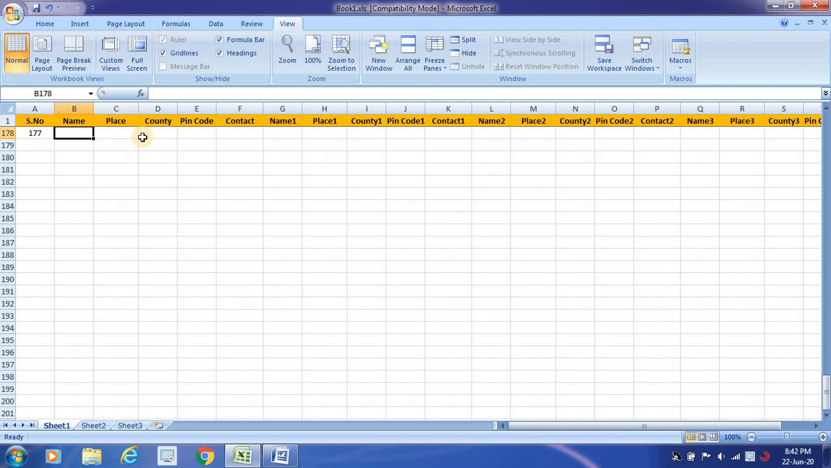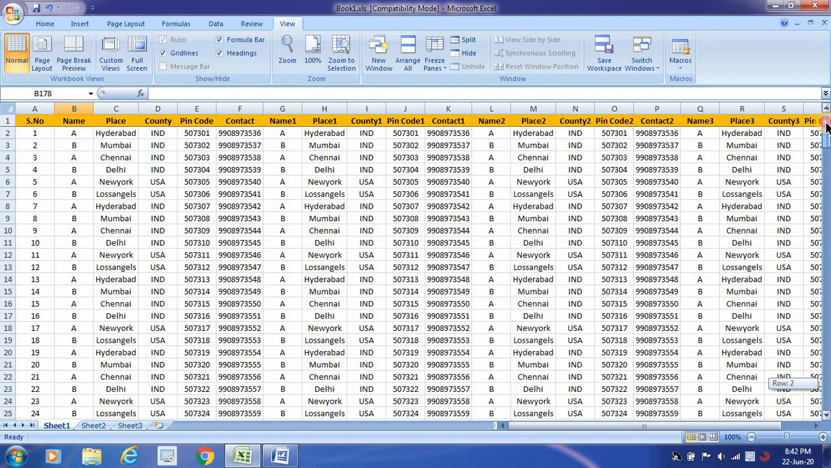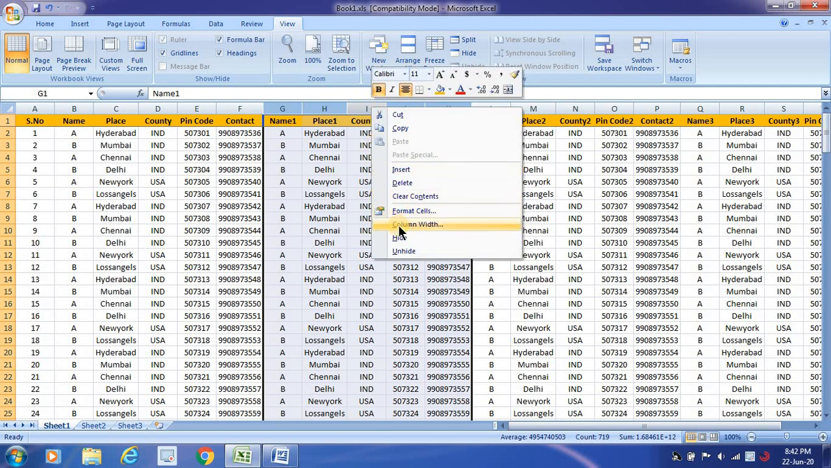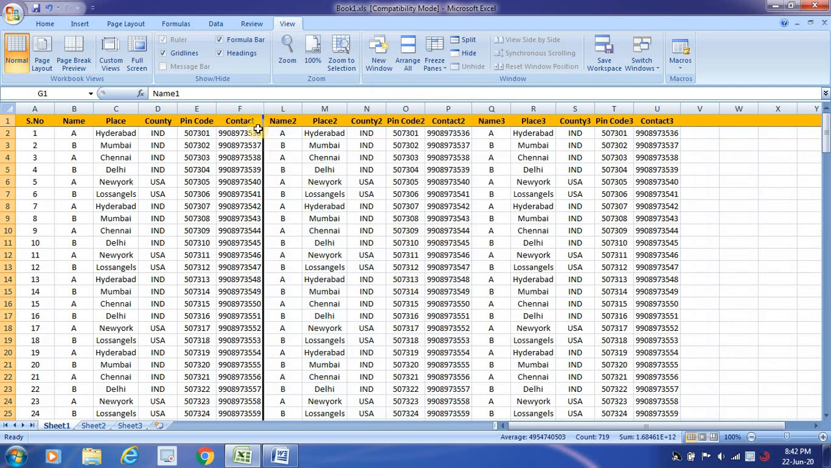Okay, and one more thing I would like to show you in the same video: how to hide a particular column. So how do you hide it? If you wanted to hide, say for example, name 12 and contact 1, you can directly right click and then choose the option called hide. If you look at F and L, see there is a gap between these two. If I wanted to see them, I need to select F and L columns and then right click